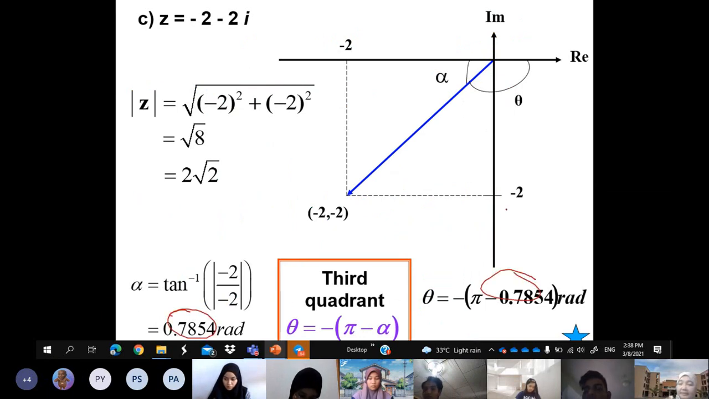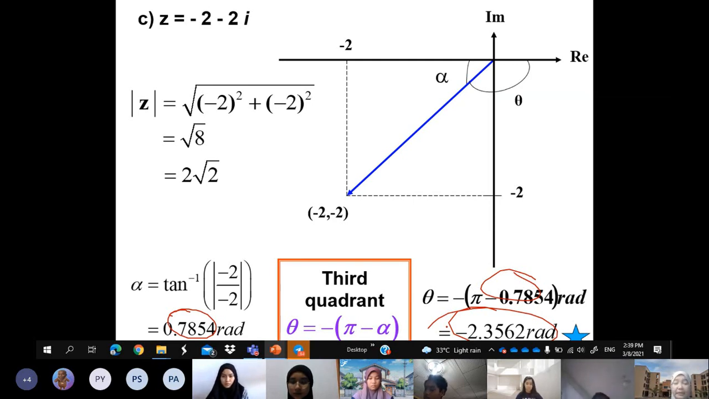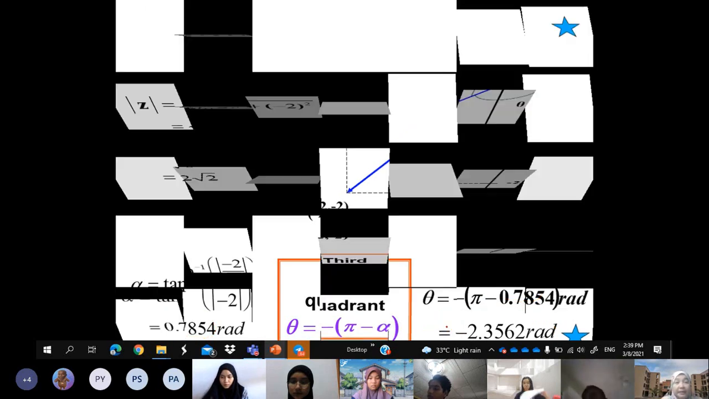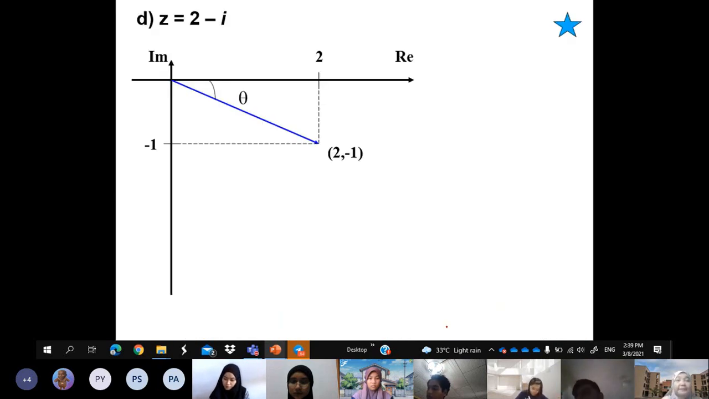Leave the answer in decimal or in fraction. For C, I prefer pi over 4, or 3 pi over 4, because it is more accurate. But it's up to you, all okay. For D